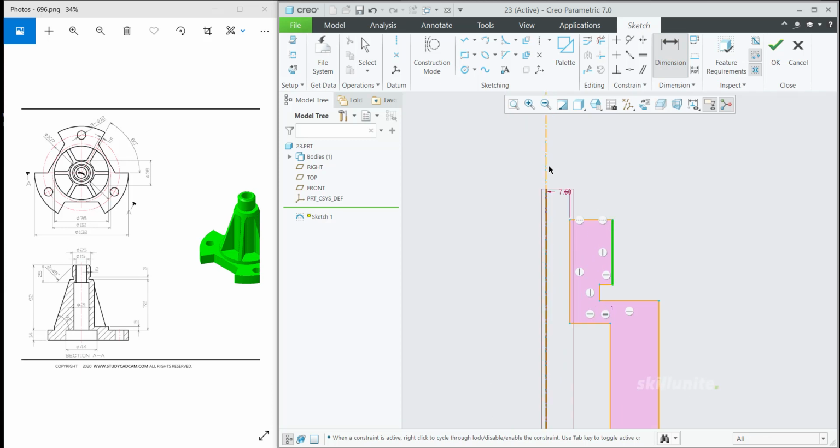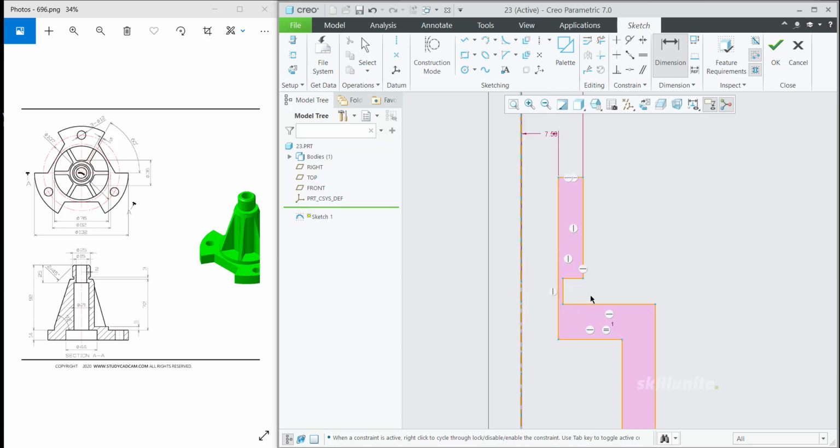So specify this value over here. This also half we need to mention. So it is 12.5. Then this width, it is 2 mm. Then the height of it, it's 3 mm. Then this height, it is 25.